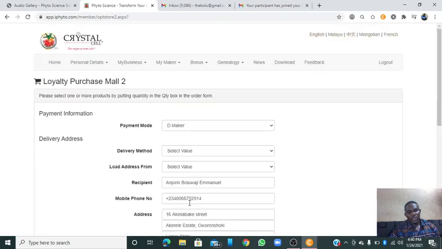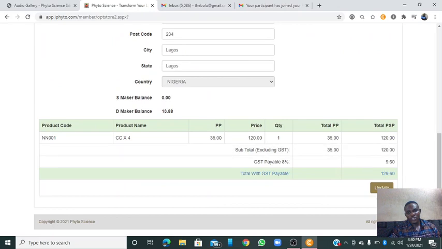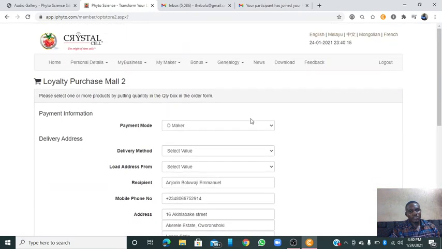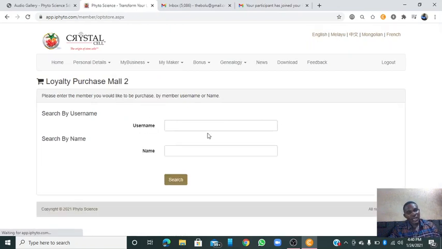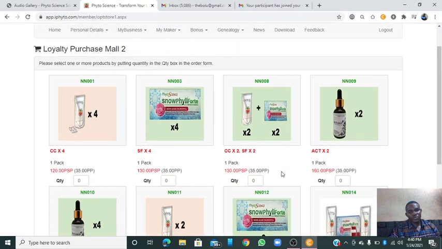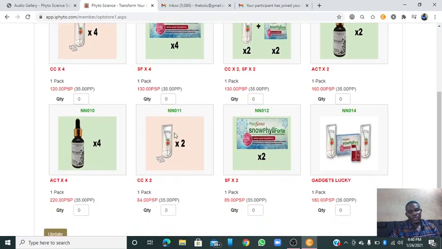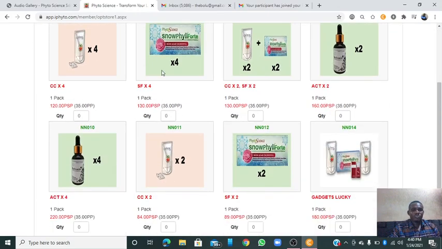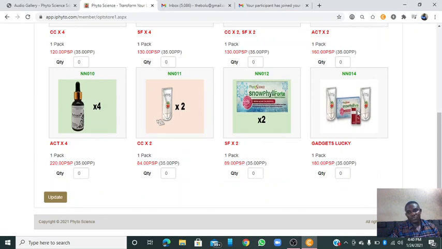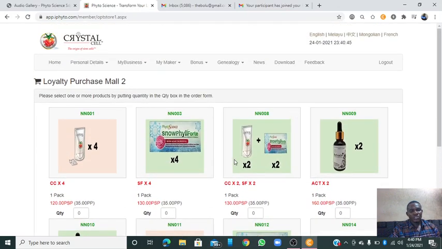You see, you have your money here and you update it, you can now pay the money. Then you go back again. If you need Actual Plus, you do the same thing, you pay, and don't put everything together. Sometimes because of where you want to collect, that will also increase the number of days. So you make purchases one after the other. If you need all of them together, you have the option here. So they call it optional from the company, but our Oga Mayor